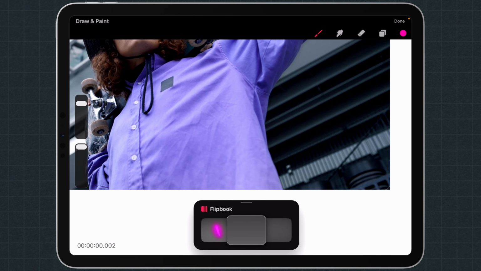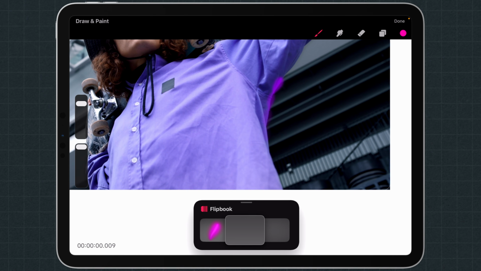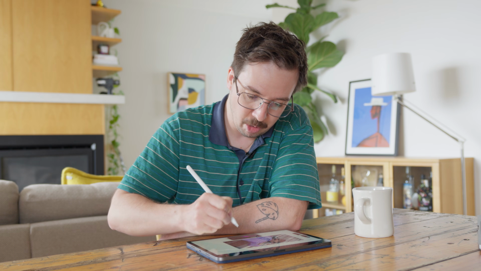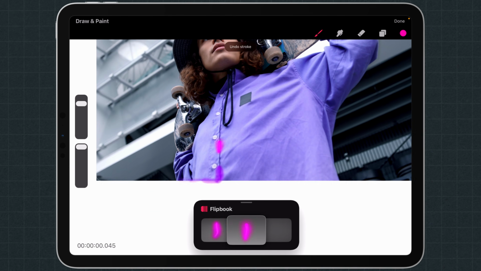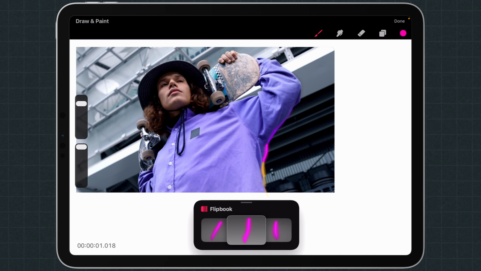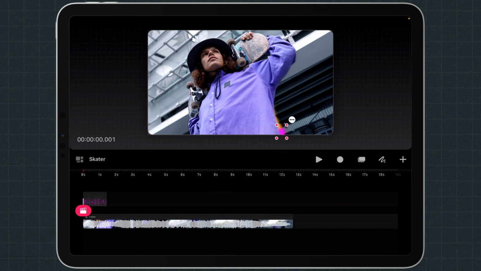Onion skins haven't stayed on, so I'm going to turn onion skins on there. And then I'm just going to continue around his whole body. And as you can see, frame by frame animation does take a little bit of time. So we're just going to go through this and I'll outline his whole shirt. All right, so now that I've done that, I can go through and I can just pull back between these different frames here so you can kind of see what we've worked with. Or I can hit done and we can play that back in situ.